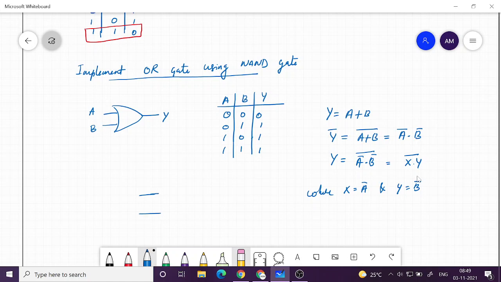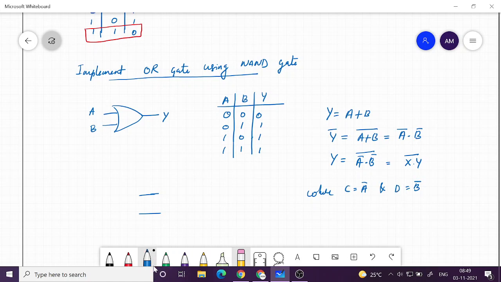Maybe I should change the variables, because I am already using Y here. Let's say C and D. So C is equal to A bar and D is equal to B bar.